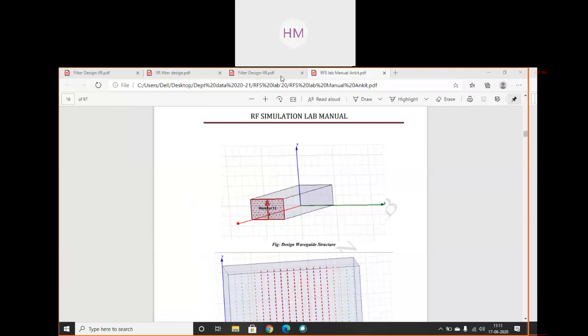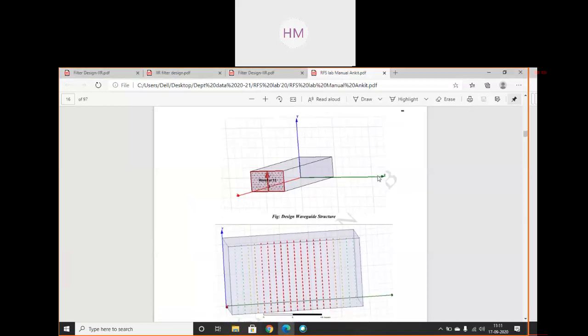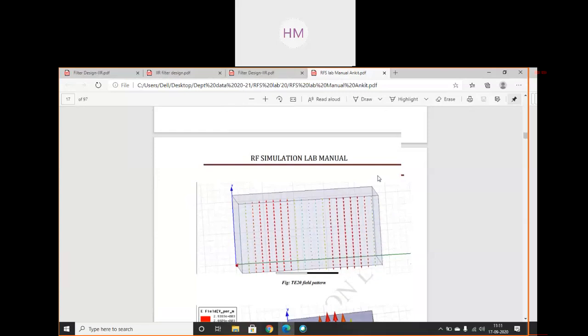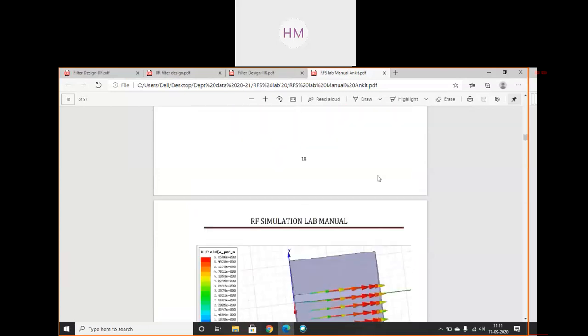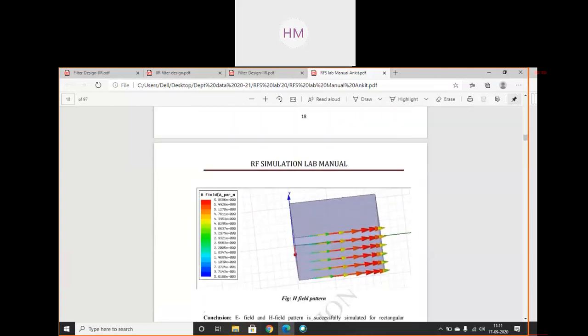So this basics we have discussed. You are having HFSS software, you can start working on that. E field pattern, H field patterns, all the theory we have discussed.